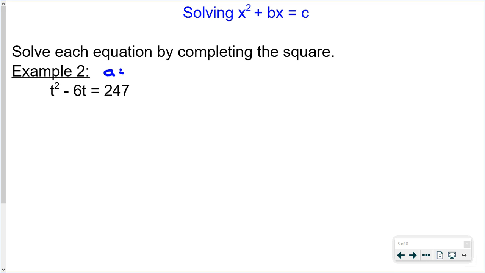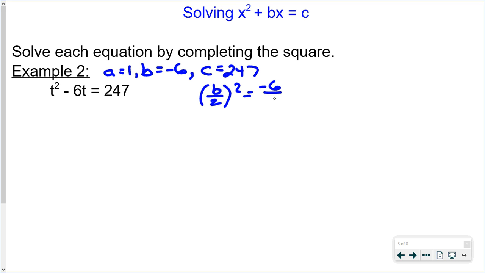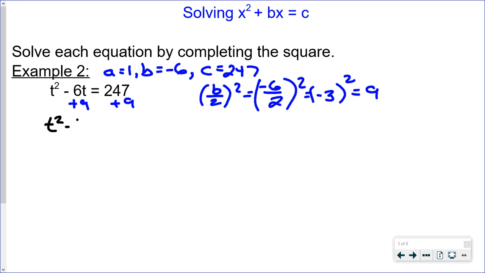So again, my a value is 1, my b value is negative 6, and my c value is 247. I'm going to do b over 2 to the second power. So that's going to be negative 6 over 2 to the second power, which is negative 3 to the second power, which is positive 9. So we're going to add 9 to both sides. So what we end with is t squared minus 6t plus 9 equals